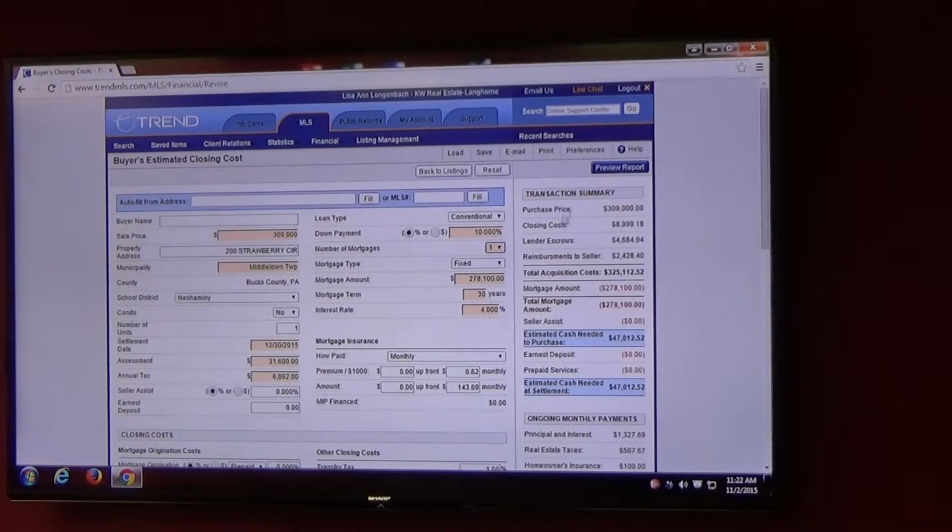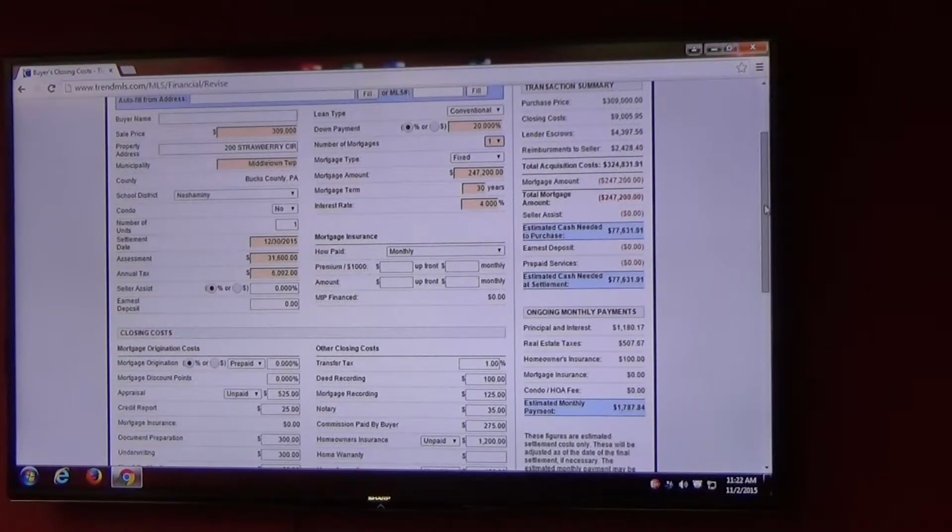I could go back and look. Including 100 for homeowners insurance, looking at this, it's 1787 as opposed to 10% down, which now is 2,079. So for $300 a month,